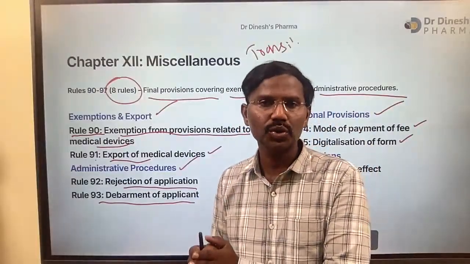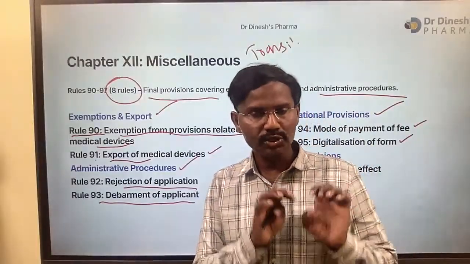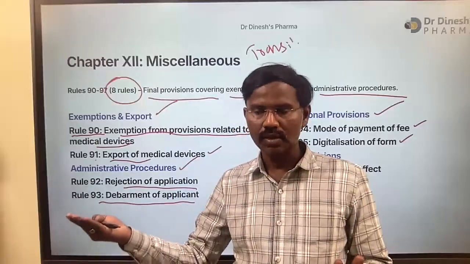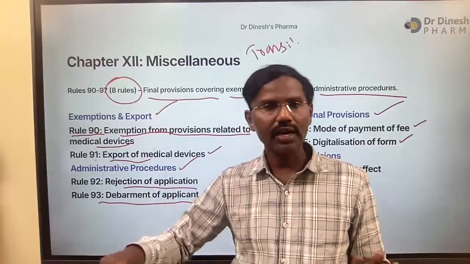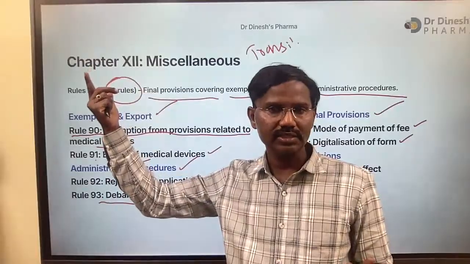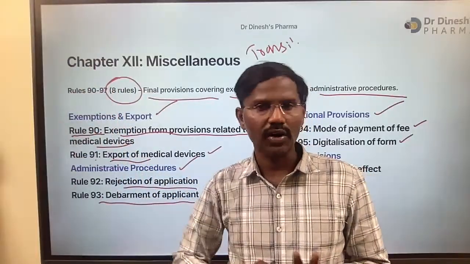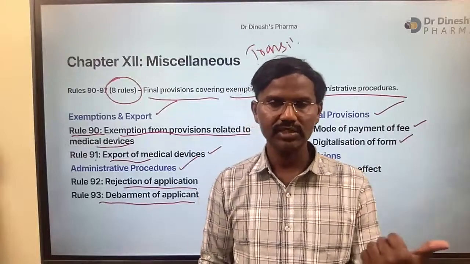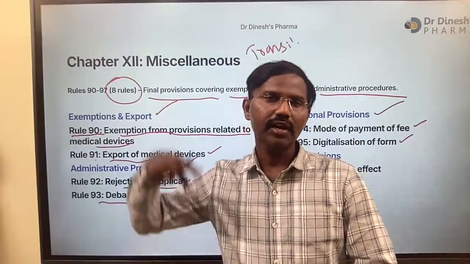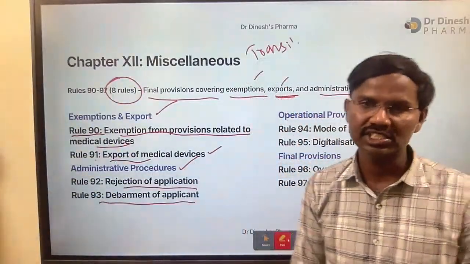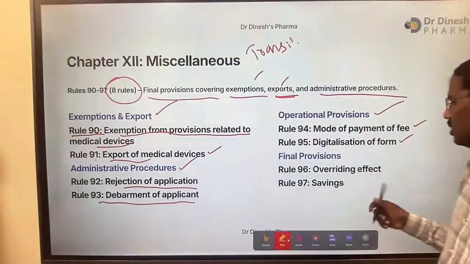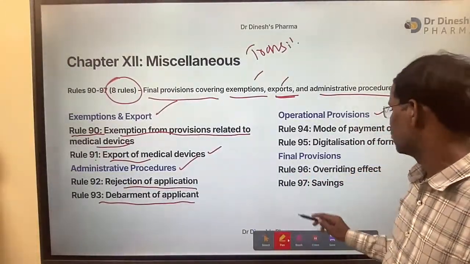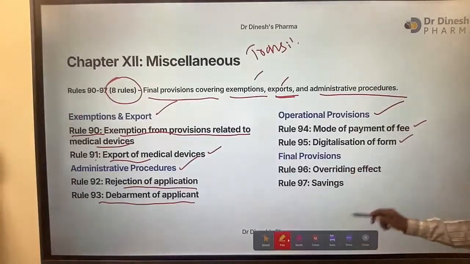The applicant should go online and apply through the online portal, and the medical device officer also gives whatever insights again online, and the higher authority, the CLA, also checks online only. This made everyone's life easy: the manufacturer's life, the drug inspector's life, and the CLA, the Central Licensing Authority, that is the DCGI office, also became easy with this digitalization. And the last one, final provisions,